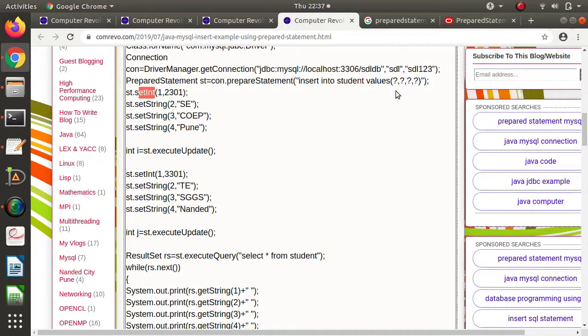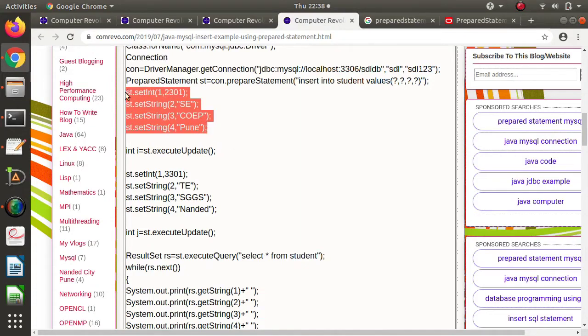Second stands for the second position, where we are adding string data, so we have called set string. This is the third position, where we mention string data and call set string. In the same way, we put 4 for the fourth position and mention this string. So this becomes one row.